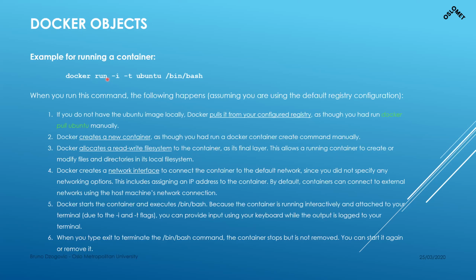This is how you run a container. I believe you tried this so far. And with this command, there will be an Ubuntu image run. So if you don't have the image in your host, it will be pulled from the official repository from Docker, and it will run an empty Ubuntu image, so you can access it. This command will enter directly in the image while it's running. So -i -t means you're running it in interactive mode.